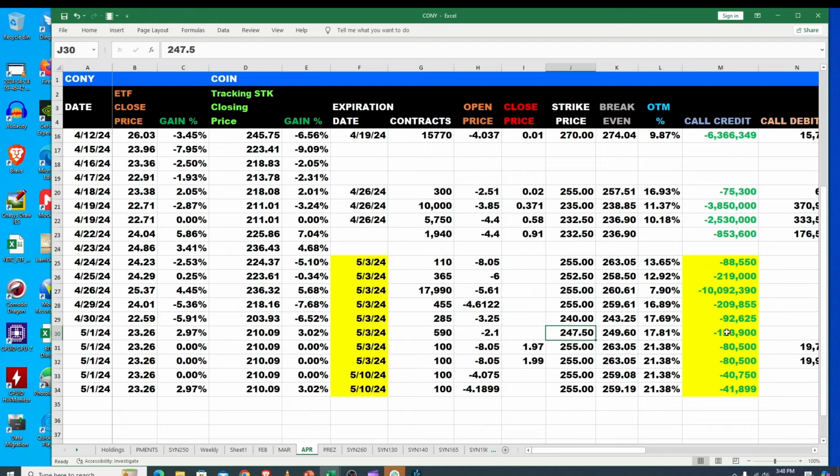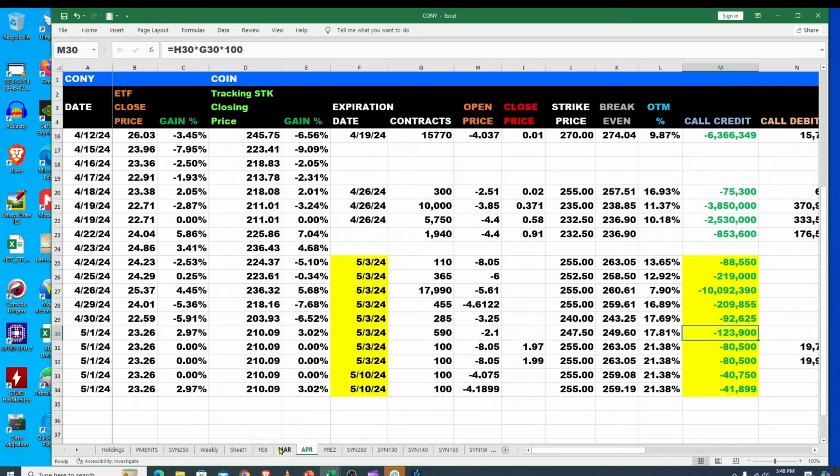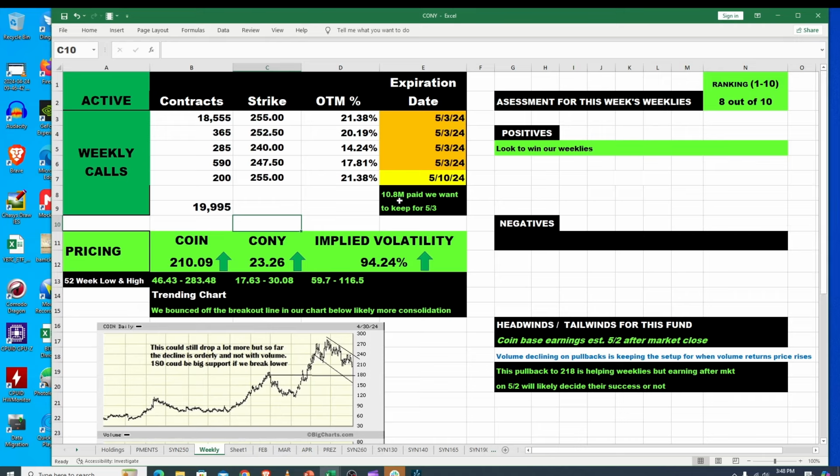So we collected 123,900, right? So altogether, all of this open stuff, excluding the 510, because we can't collect that, I've summarized that for you on my active or weekly. So we've got 10.8 million just in the stuff that expires. Now again, we've already been paid that. It shows in payments, but we want to keep that, right? Or 98%,